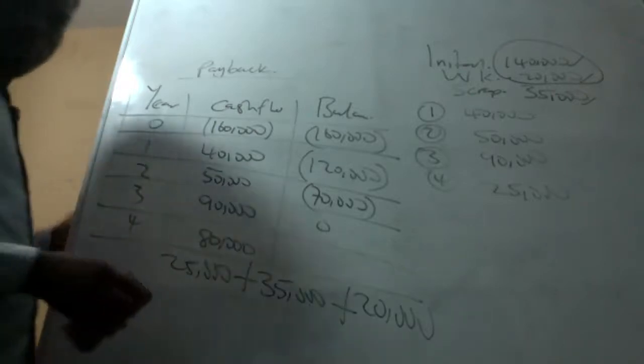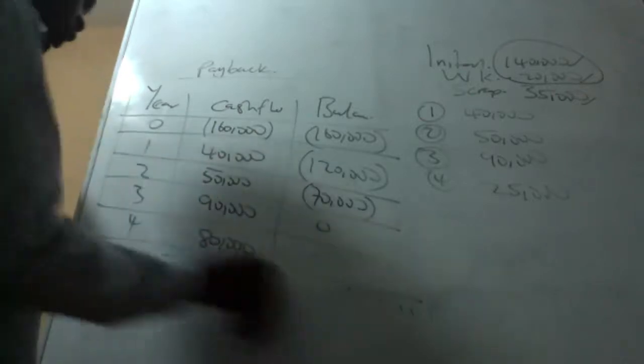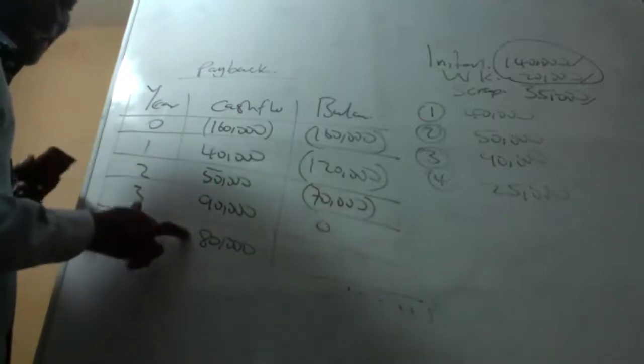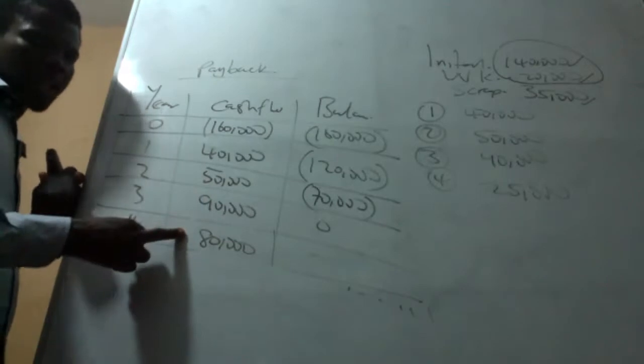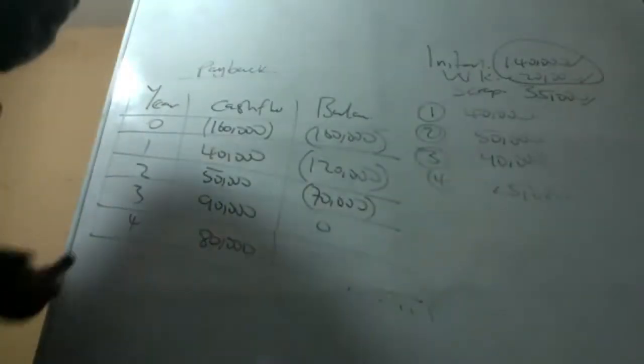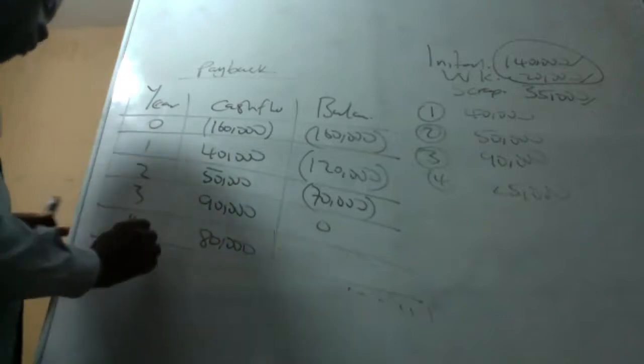Now let's calculate the payback period. So don't forget how we got the 80,000. We had the 80,000 by adding cash flow 25,000 plus the scrap value 35,000 plus the working capital. It must be recouped. So the payback will be